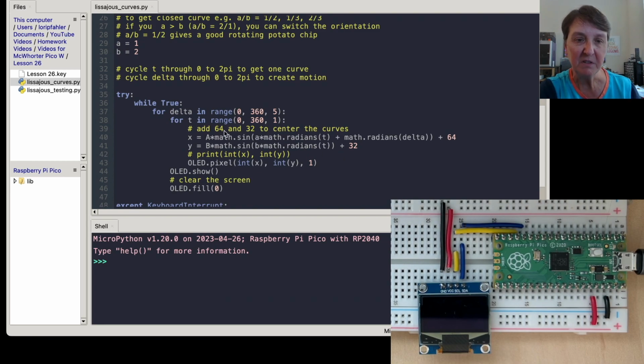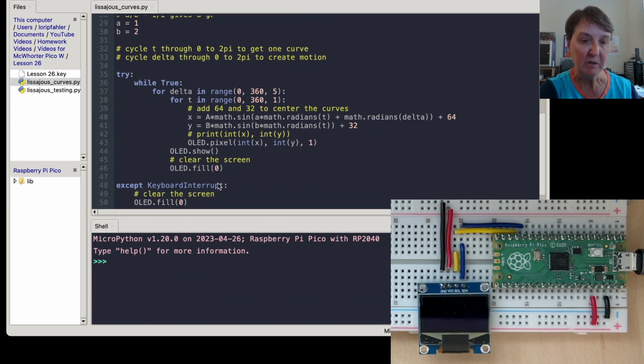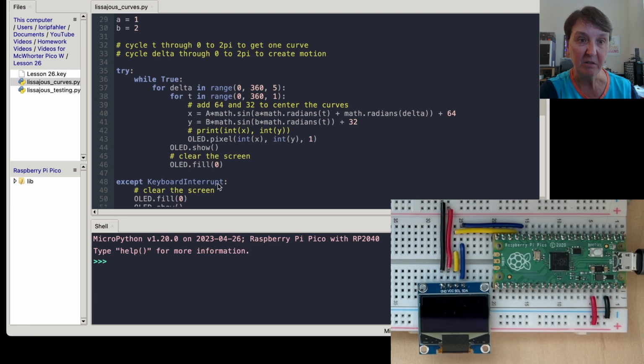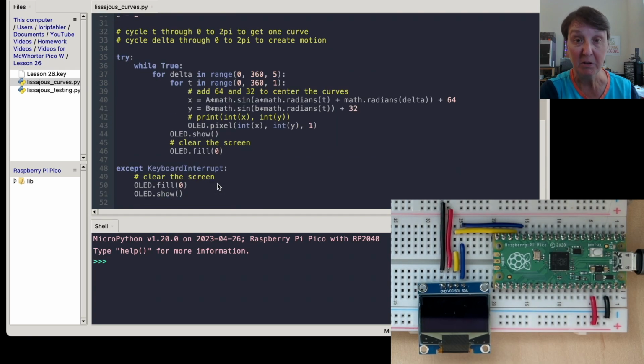And just like we did for the circle, I'm adding 64 and 32 onto those equations that I showed on the Wikipedia article to center this in the display, and then putting the pixels, turning them on. Once it does one whole set, then it'll show those. Then I'll clear the screen, and we'll come back around for the next delta, so that'll give a smooth transition. So the code itself, I've got a ton of comments in here,